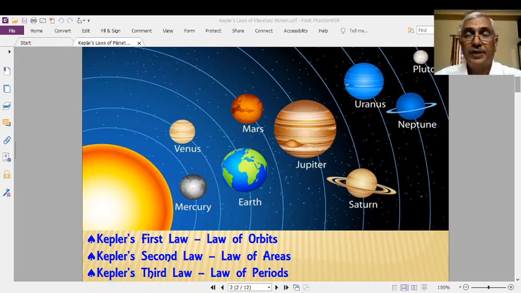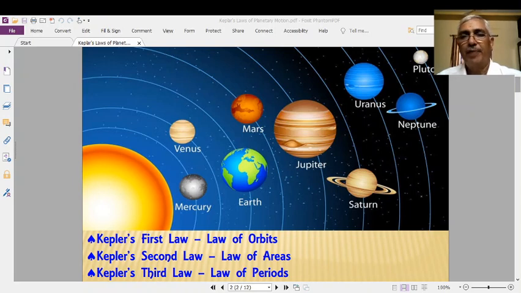Students are already very well versed in the three laws of Kepler from the 7th, 9th, and 10th standards and the higher secondary intermediate standard also. They know the definitions, fundamentals, and explanation of each of the three laws of planetary motion. But at this stage, we want to prove Kepler's laws. That is our task in the present class.